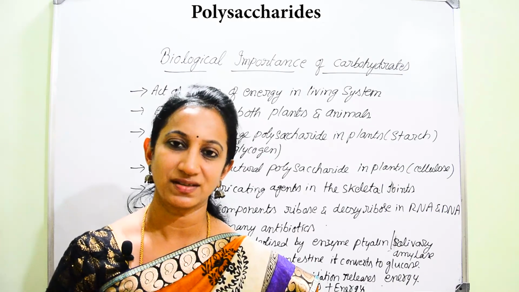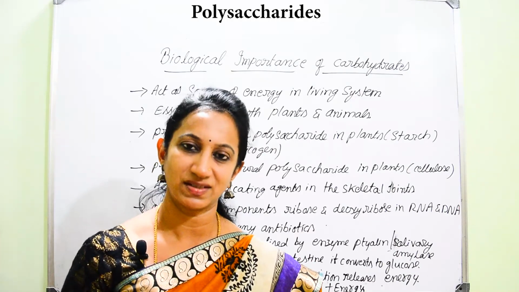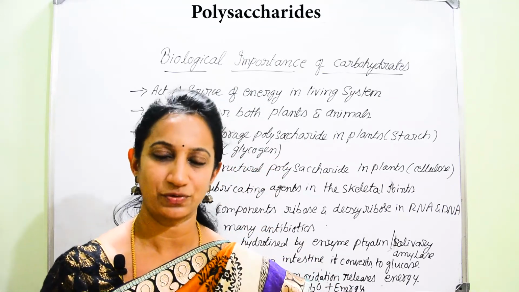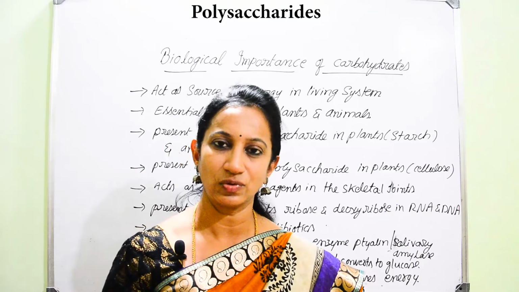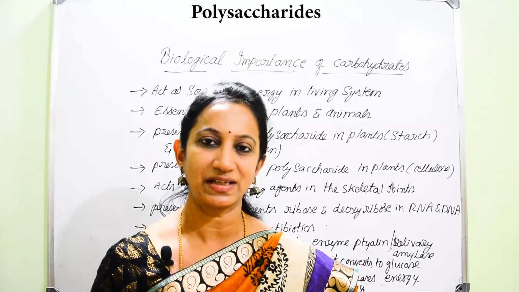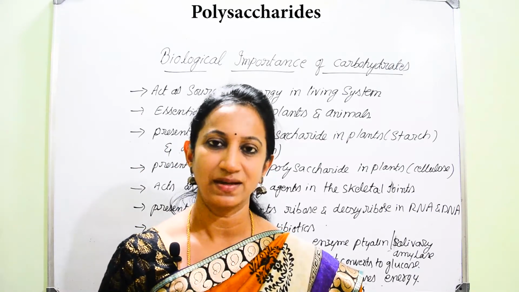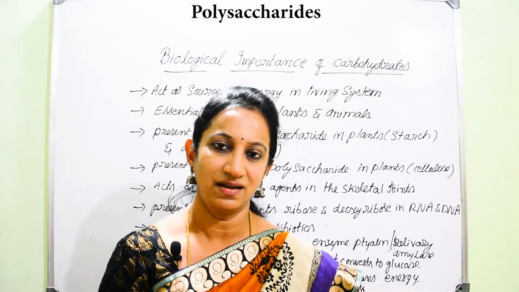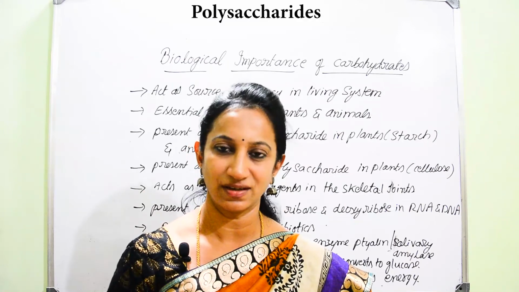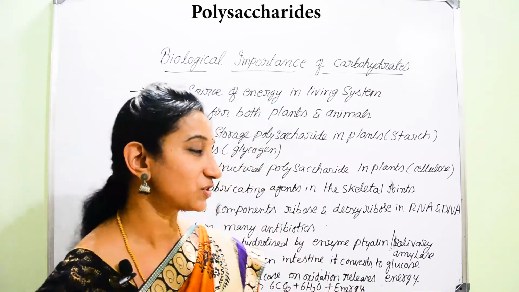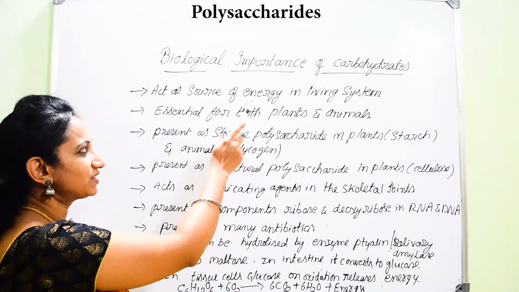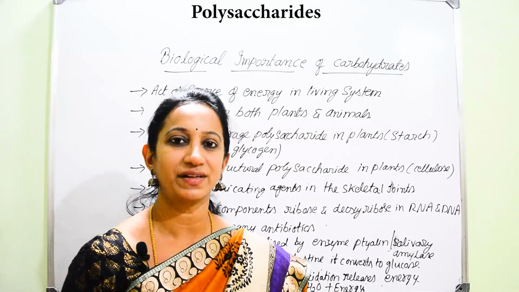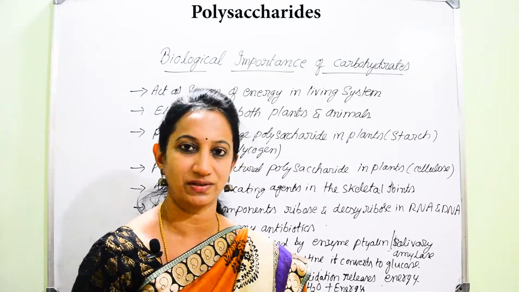So now if you consider the storage polysaccharide present in our body, glucose is converted in the form of glycogen. So we need this glucose for biological activities inside our living system. Similarly, plants also need starch for their existence. Among the many importances of carbohydrates, they act as a source of energy in any living system. For existence of life, we need these carbohydrates; they are very essential.